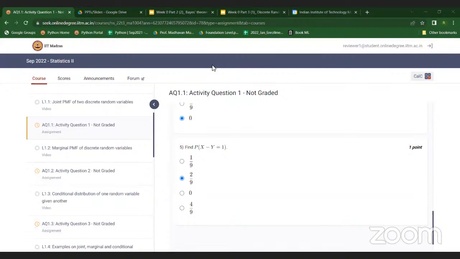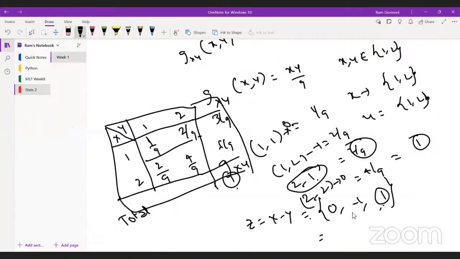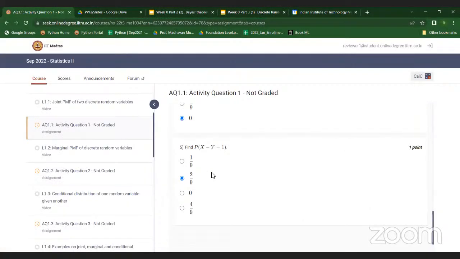Okay. I'll try to use this table. Marginal probability. Before we get into that, this marginal PMF, right? That is nothing but the probability of a single